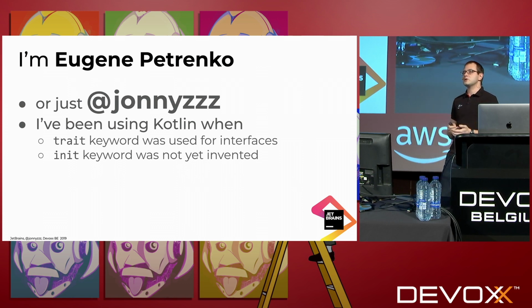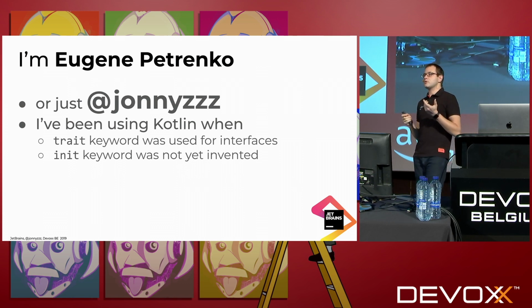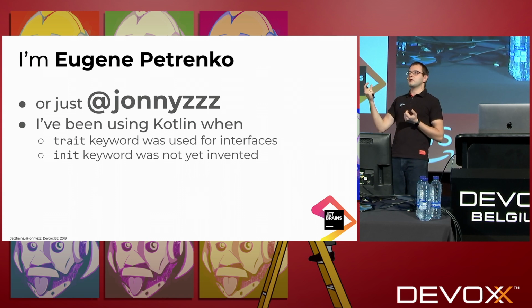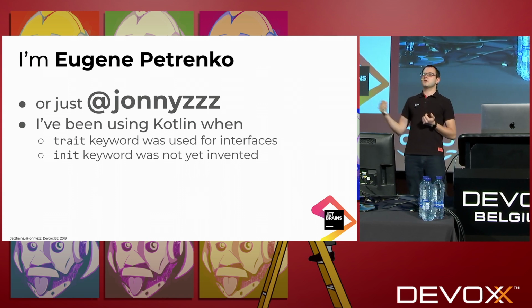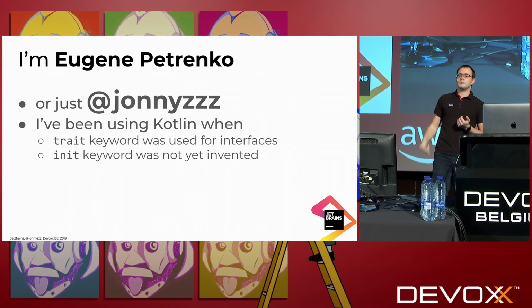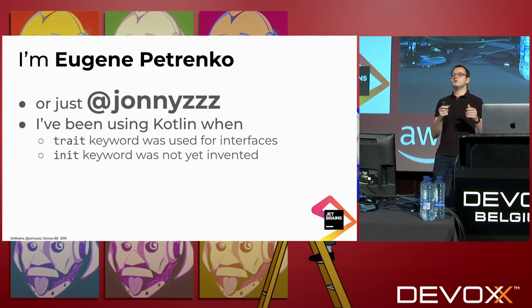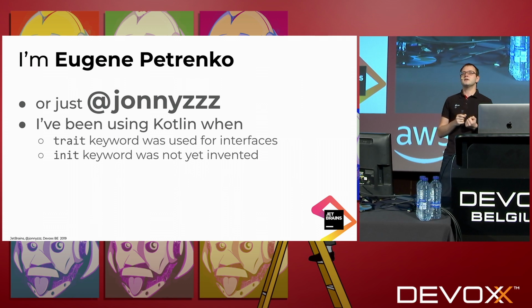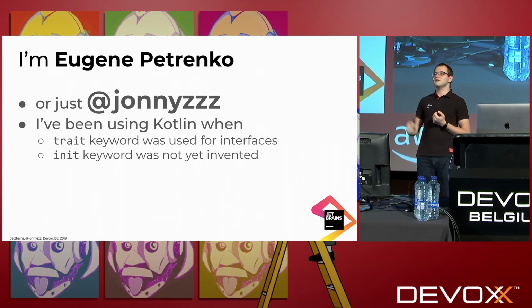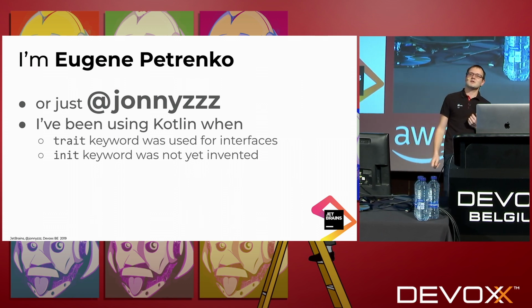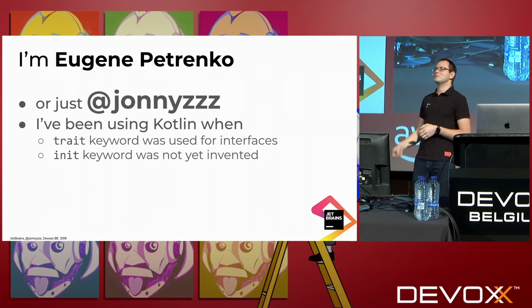I started using Kotlin at the time when, to create an interface, we used a trait keyword. It was renamed to interface closer to the 1.0 release. And it was yet another time when you did not need an init keyword to declare a constructor. Those were great times, and I've been creating IDE cells, and it was a surprise to understand that the init keyword changed a little bit the way I designed my IDE cell back in the years.